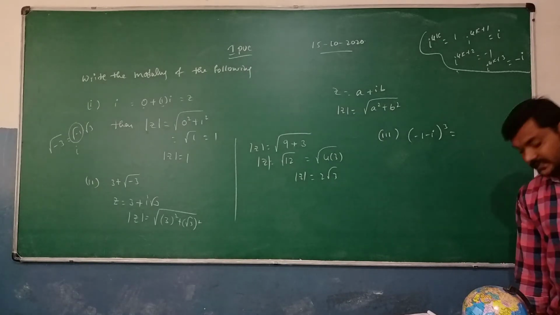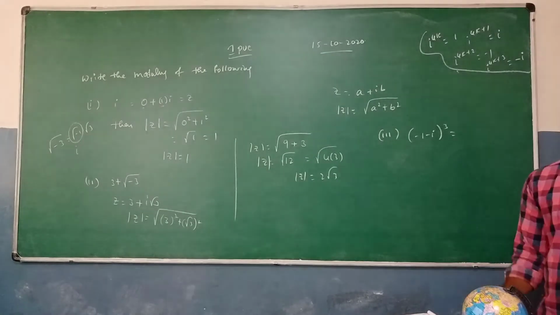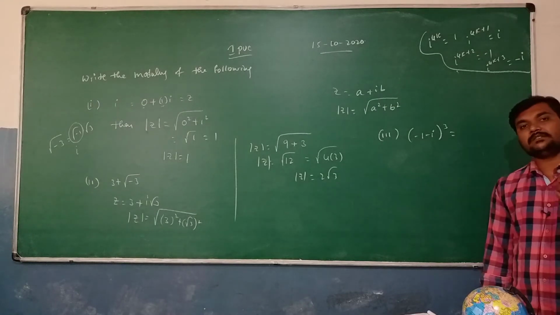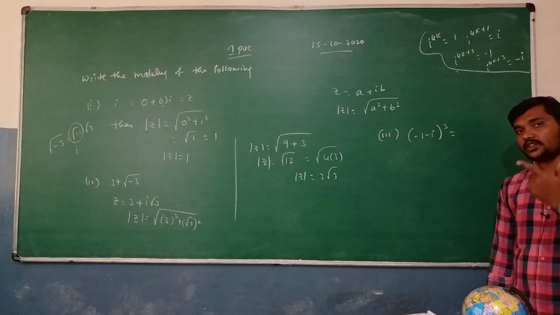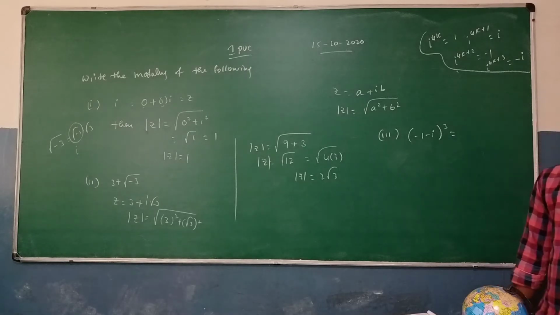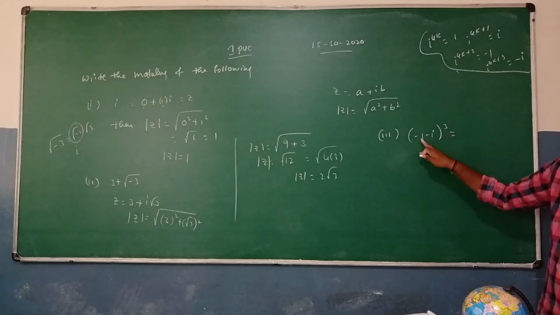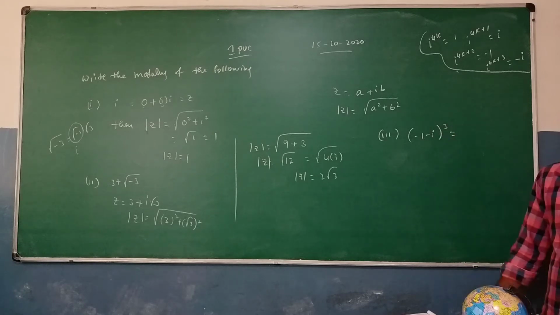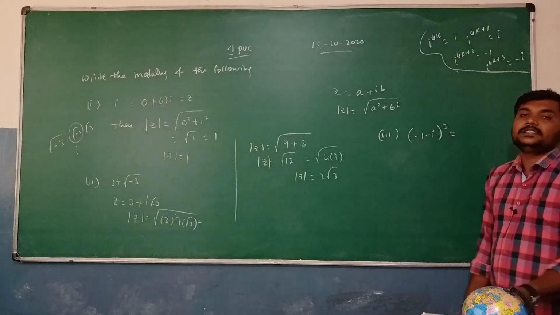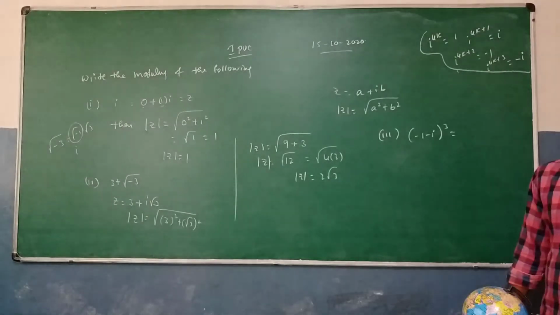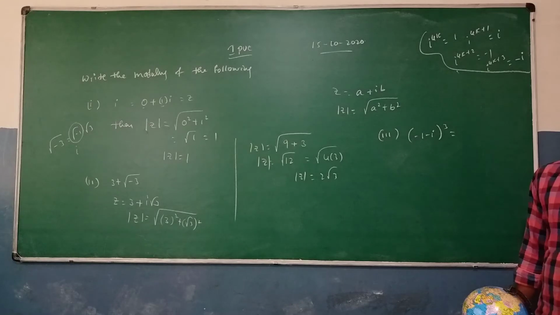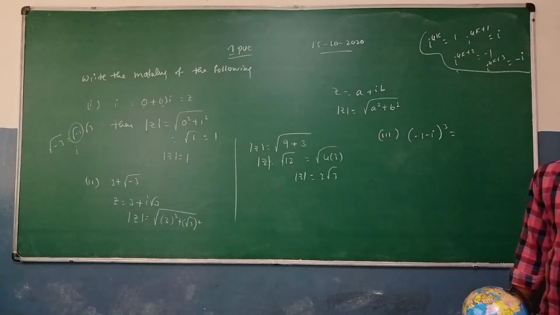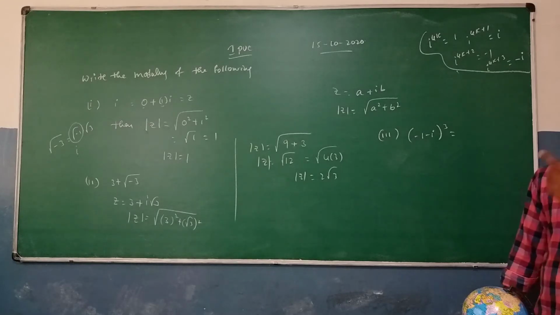So in the previous videos we discussed the topic of z1 plus z2 whole cube. We used to write z1 plus z2 whole cube, and also z1 plus z2 whole square. If we apply the a minus b whole cube formula to this, what value do we get? We write a cube plus 3a square b plus 3a b square plus b cube.